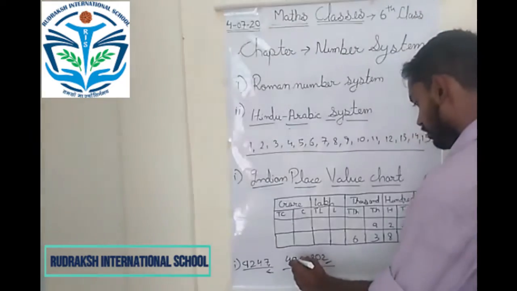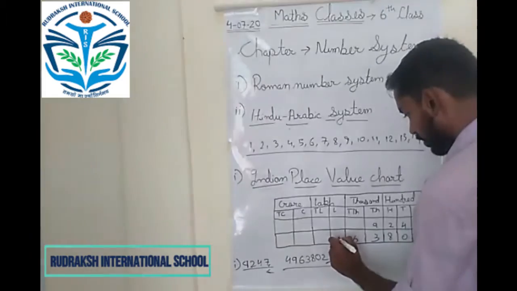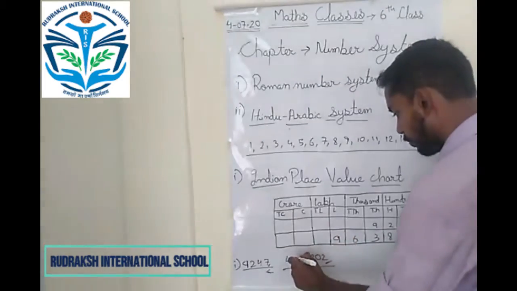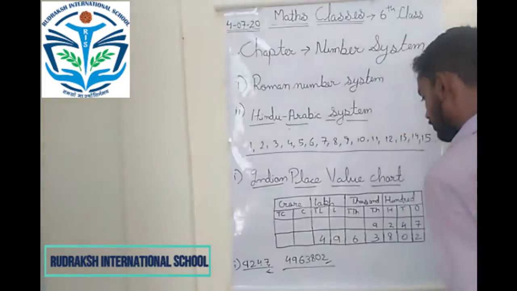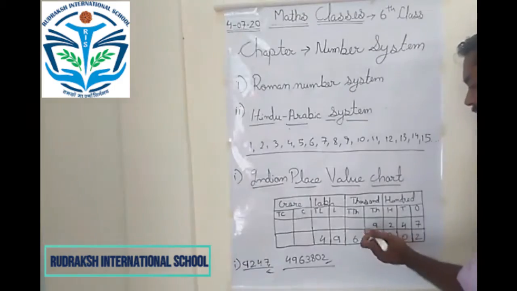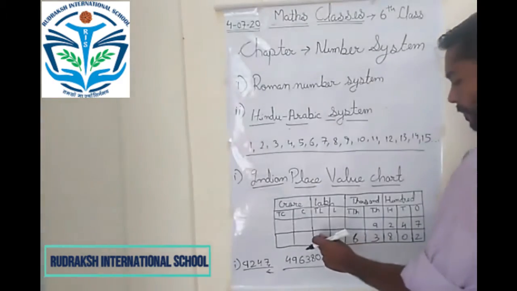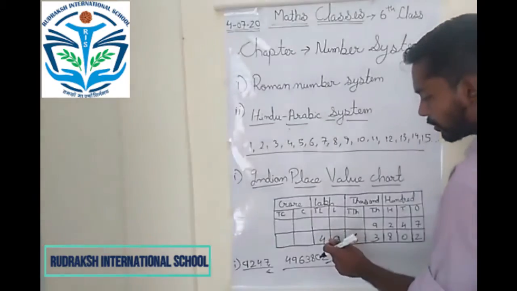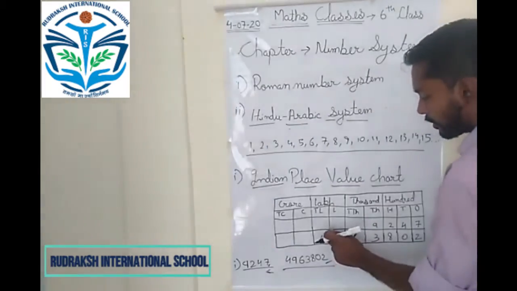9 will come under the lakh part, and 4 is going to be under 10 lakh. So this is how we have placed all the digits in the chart. Now what will be the sequence and presentation of this number? It will be 49 lakhs. We are not going to say 4, 10 lakhs and 9 lakhs. It is not like that. It will be 49 lakhs